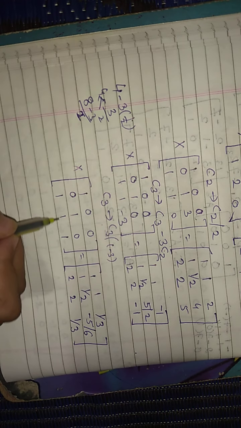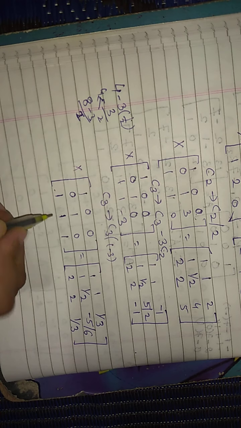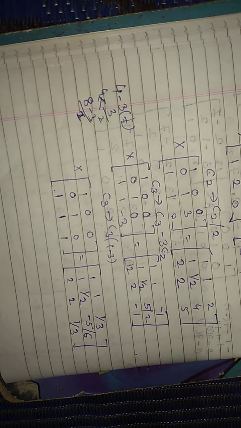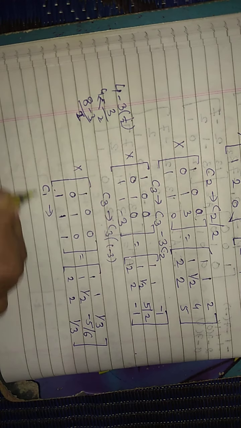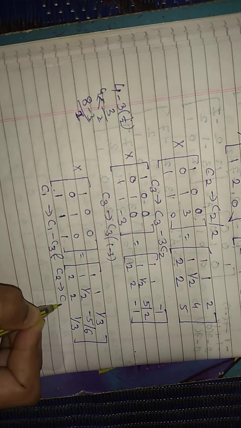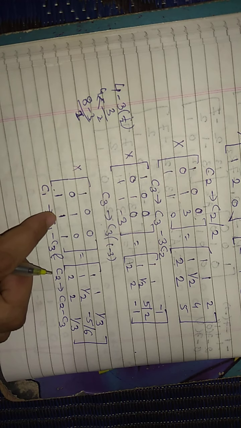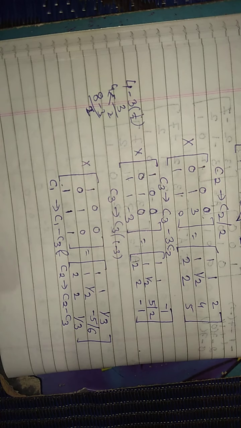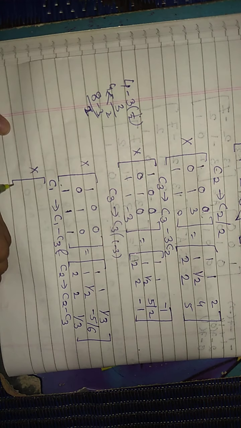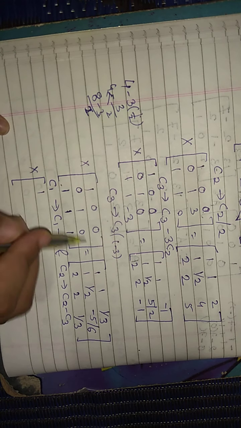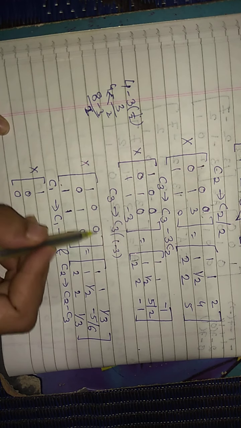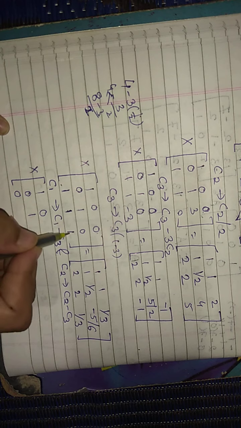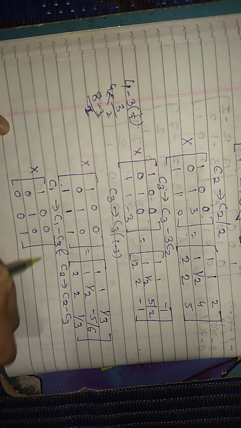Last step, we have to find out these numbers, both 0 0. Last time I already told you both transformations we can solve in one step only. So here you can see C1 changes to C1 minus C3, and C2 changes to C2 minus C3, because we need both these terms as 0. Both transformations we solve in one step. X is equal to 1 minus 0, 1 0 minus 0, 0 1 minus 1, 0 0 minus 0, 0 1 minus 1, 0 0 0 1. Keep it as it is.